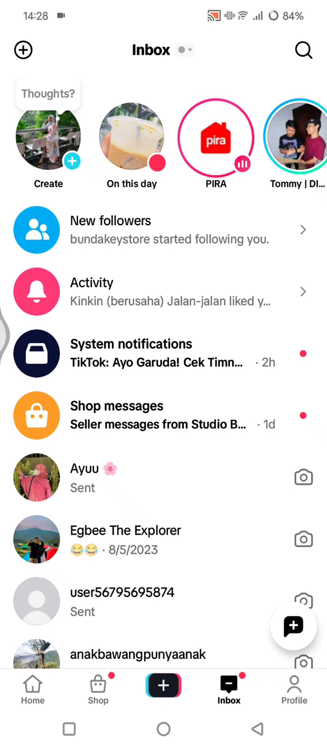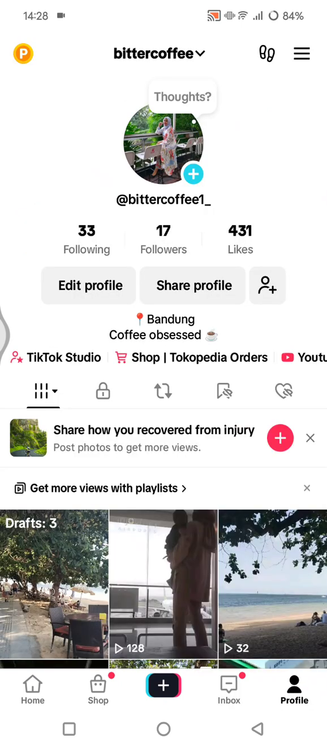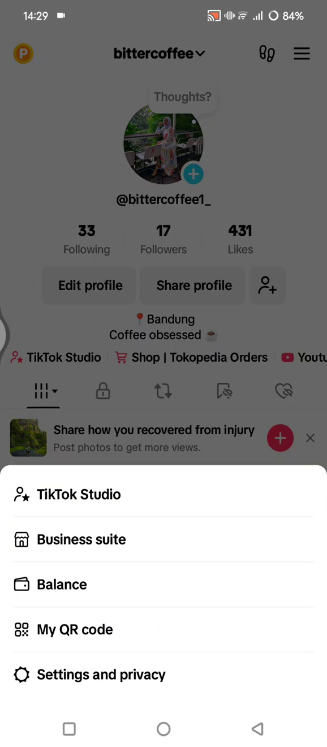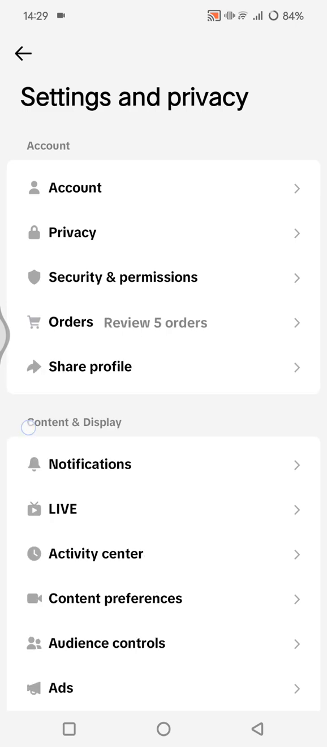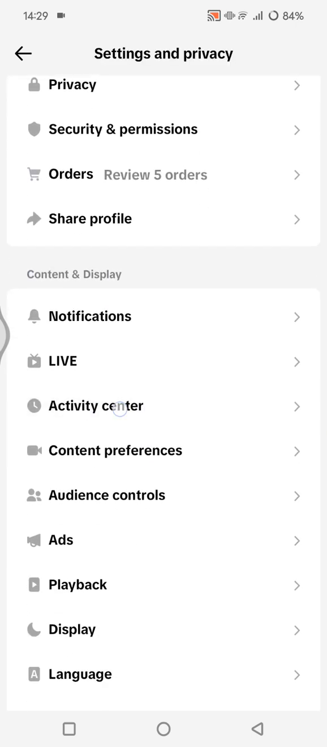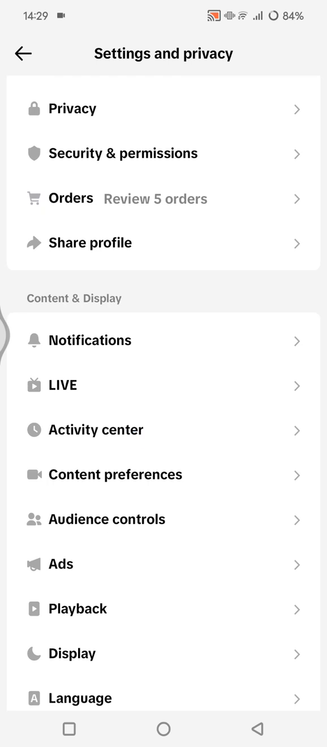updated, so you can just go to your Activity Center by going to your profile, then tap on the hamburger icon, this three-line icon at the top right corner, then go to Settings and privacy, and under Content and display you'll find Activity Center. So when you tap on that,